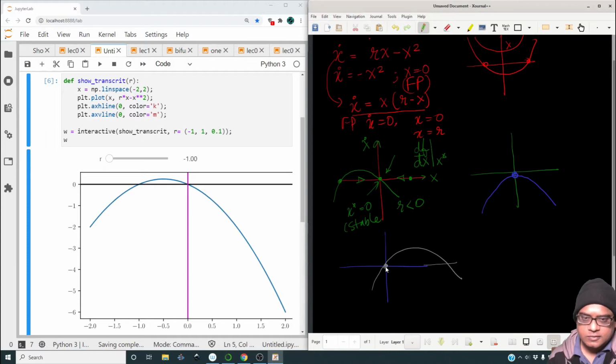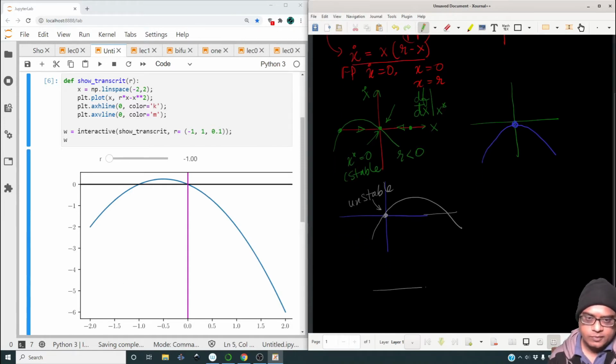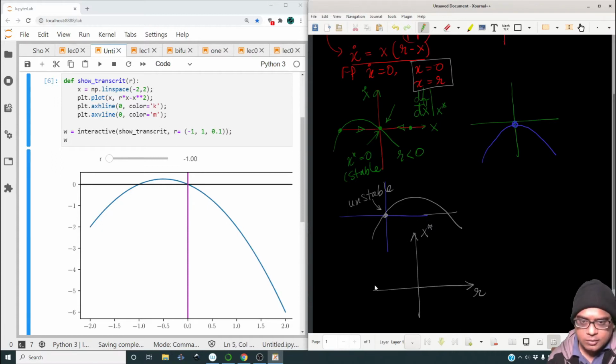So this is the fixed point, but the slope over here is positive, and that implies that this particular fixed point, that is x star equal to 0, becomes unstable. So if we draw this particular curve, if we draw r on this axis and x star on this axis, we know already the roots are x equal to 0 and x equal to r. Okay, so let me mark the x equal to 0 root with the magenta line. So this particular line shows the fixed points x star equal to 0,